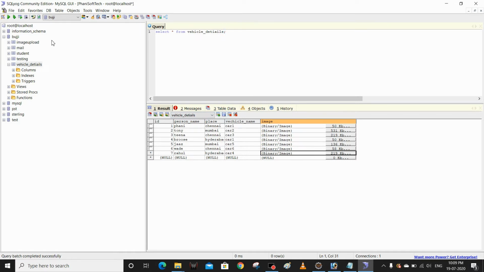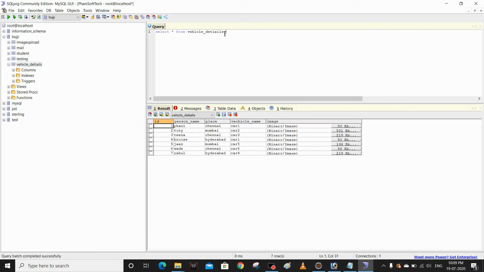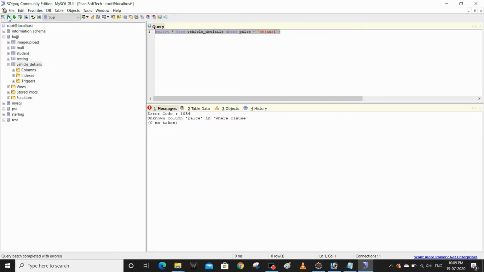That's all. Let me trigger my query. My query is based on the place: select star from vehicle details where place equals, and we need to pass our dynamic value, for example Chennai. Sorry, unknown column in where clause, spelling mistake.